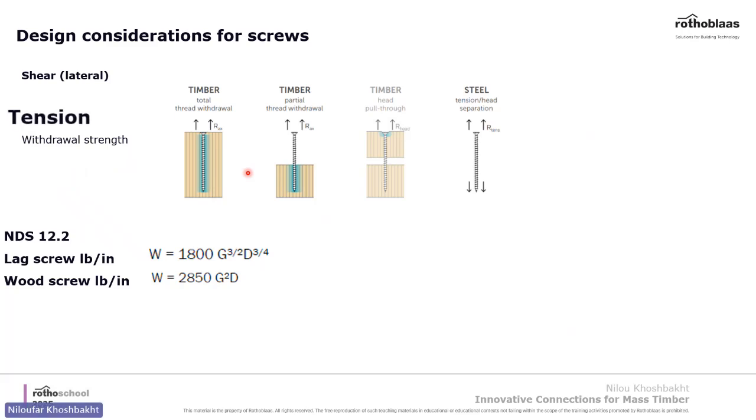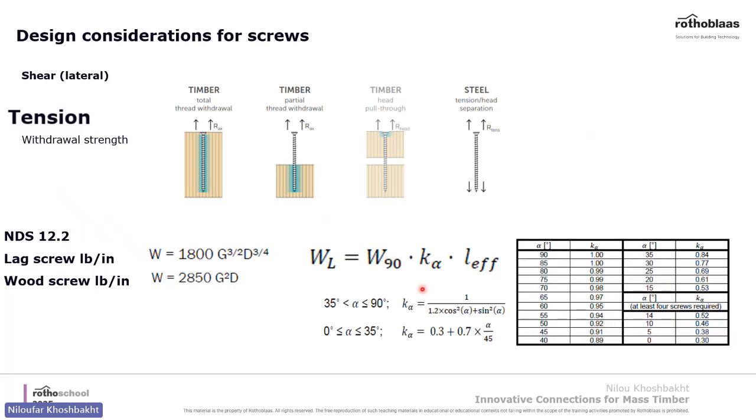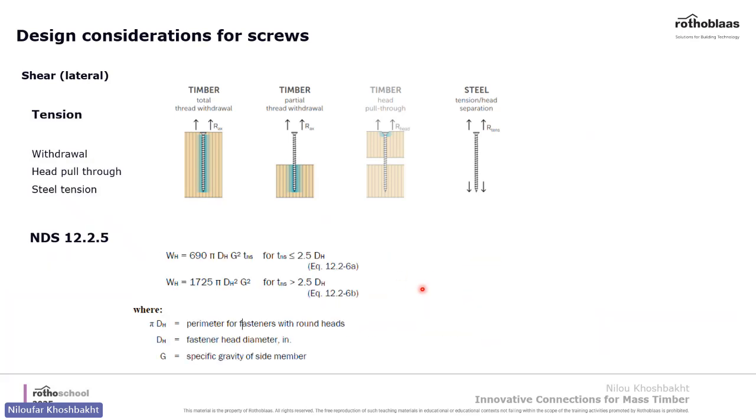All right. For screws in tension, we have withdrawal strength. This is the formulation that's been used in NDS. The withdrawal strength is proportional to the specific gravity of the wood and the dowel diameter. And the other thing is, if the screw is loaded at an angle, we have a